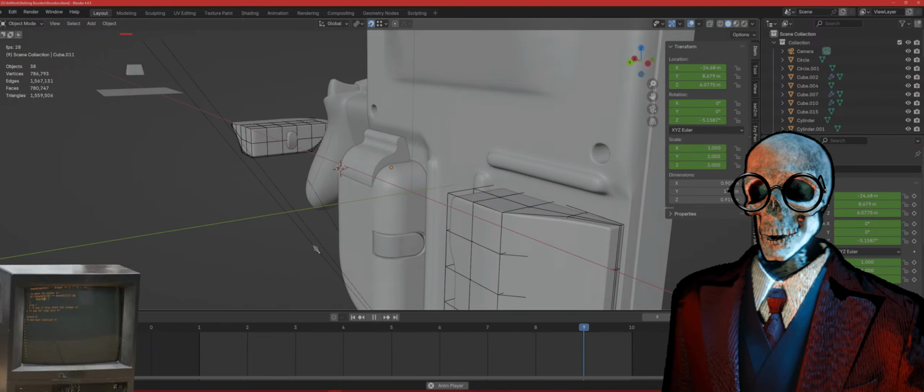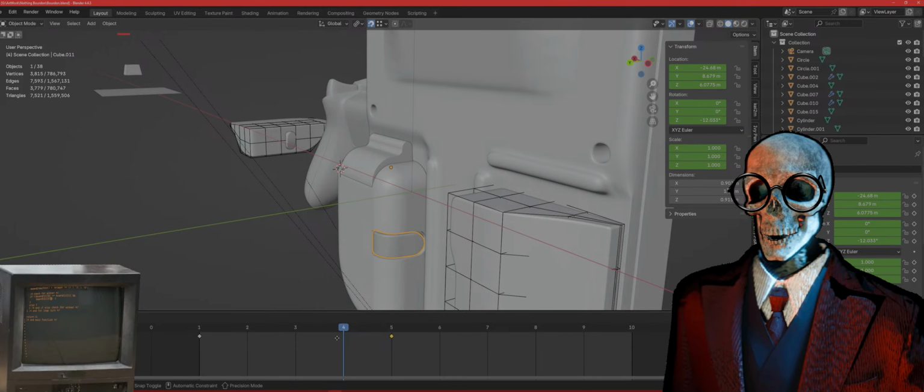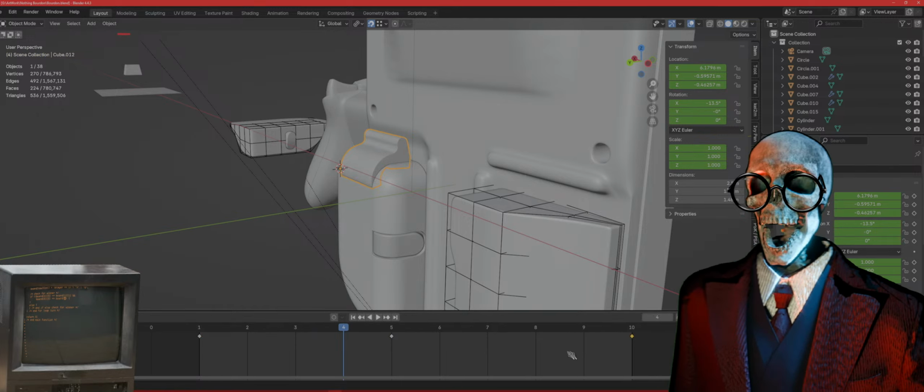It's only the release, however, so maybe move this here, move it here, move that, Shift D here,